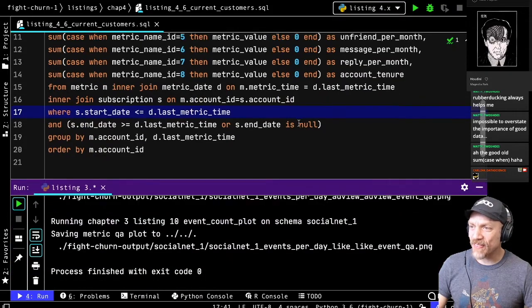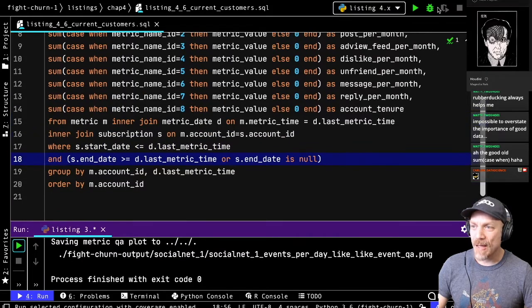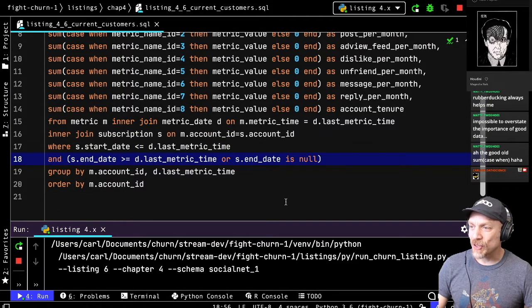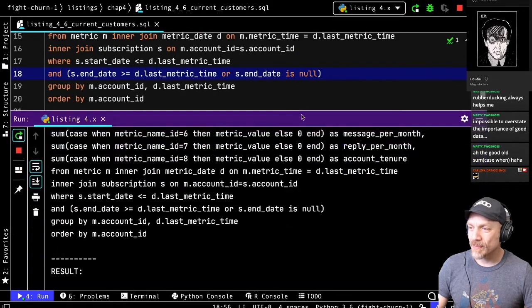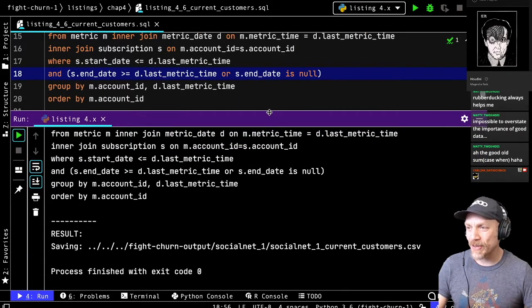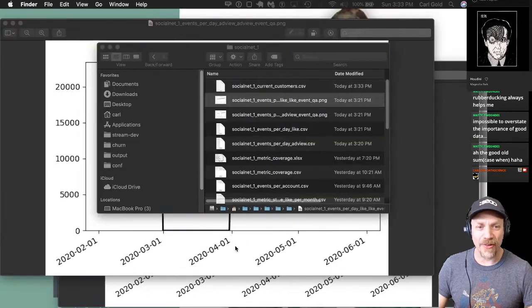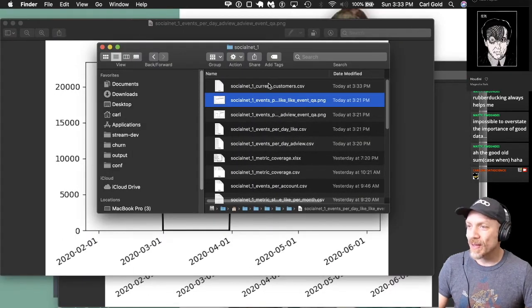This doesn't take a huge amount of time to run. I'll just run it. There it goes. So, see, it's already done. And it should have saved it in the same folder where I have all those other files. Let's see, yeah, here it is.